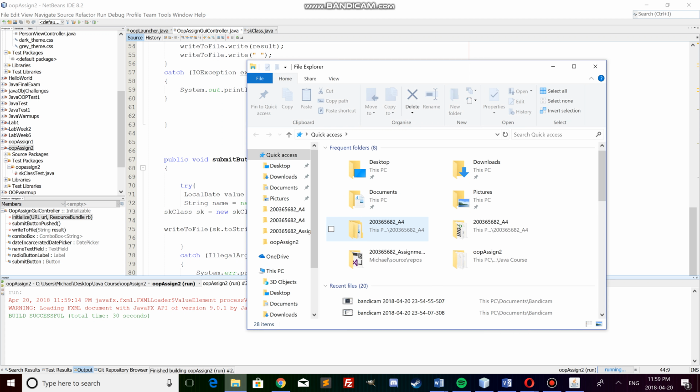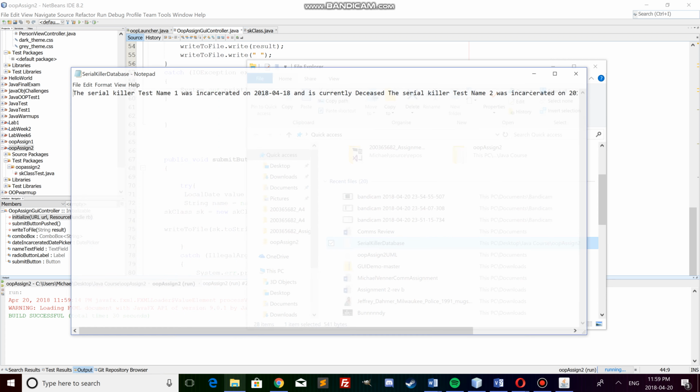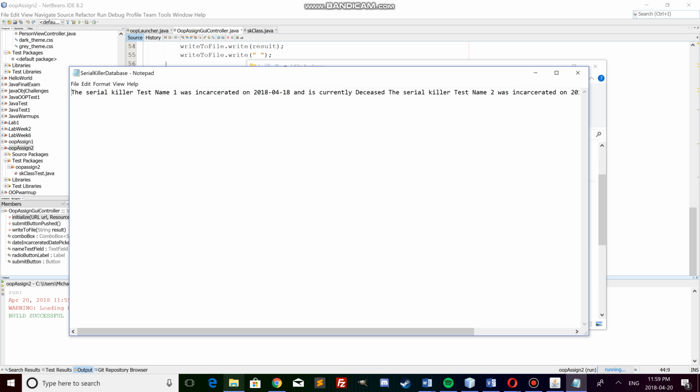Check the file. And as you can see, it does input multiple separate sentences on whether or not they're in, and it doesn't overwrite